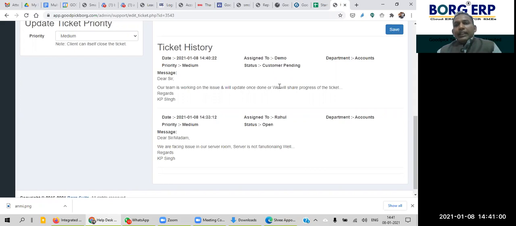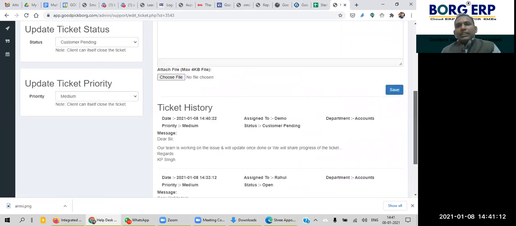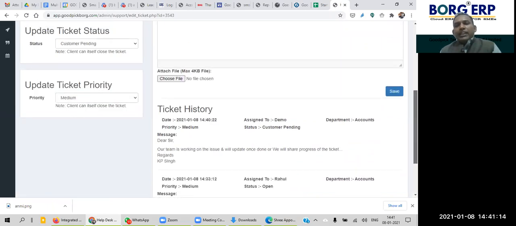So if, for example, you are seeking some update or some information from the customer, keep it as it is, customer pending. Then once the customer replies on that particular ticket, it will get changed automatically.